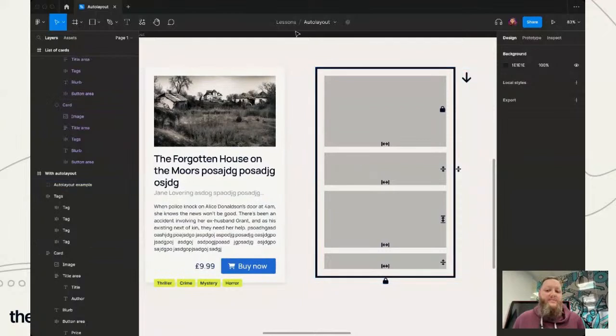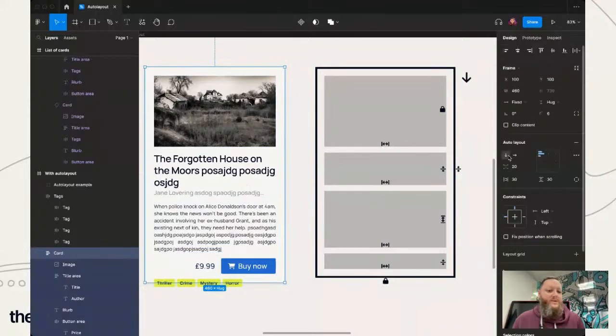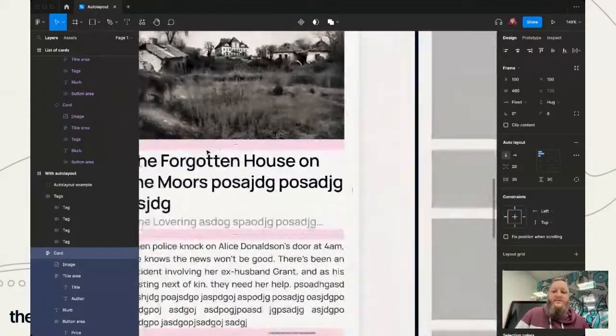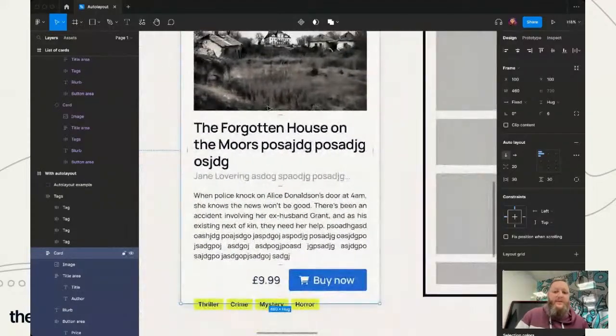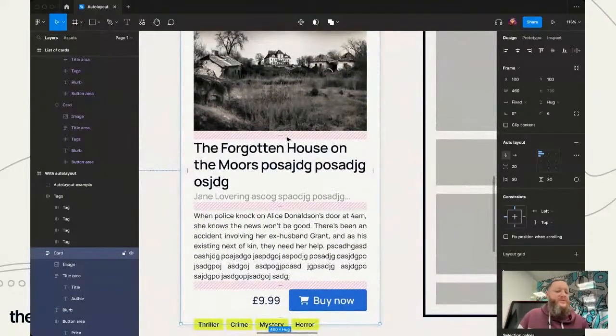So we have got a series of nested auto layout groups here. The big one here is an auto layout that goes vertically down, like so. It's got a bit of fixed pixel space between each item of 20 pixels. So you can see how that works there with the little red hatching, which is quite neat. I'll zoom in a bit so that you can see that better. So between each of those elements, we've got this 20 pixels of spacing. We've also got some padding around the outside,